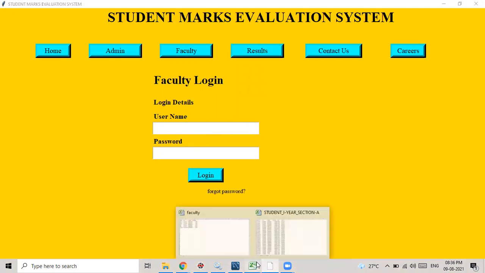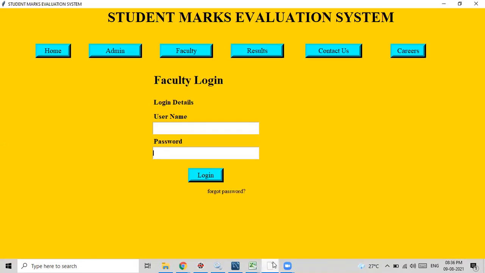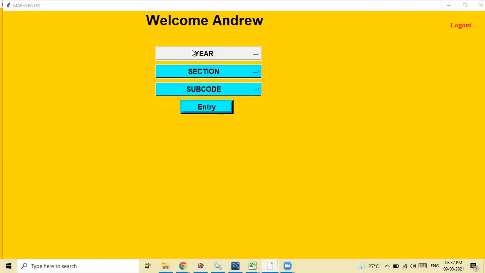Next faculty, that is the last faculty, Andrew. So all the 4 subject marks have been entered. Now Andrew has to enter the marks. The ID becomes the password here. Same way, we have to enter the marks for the subject allotted for Andrew. CS12 is the subject allotted for Andrew.